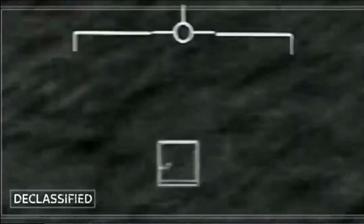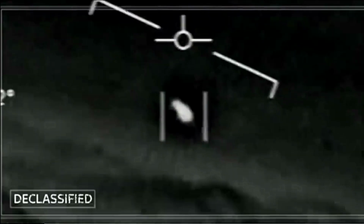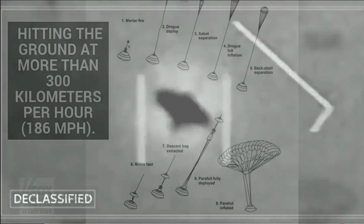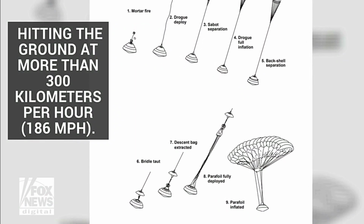It wasn't long ago when US radars detected something more unusual in the atmosphere of Utah. The strange thing about the unknown thing was its travel speed, as it was traveling at such a high speed of 300 kilometers per hour. Soon, helicopters were launched in the direction of the flying saucer, and everyone was astonished because the flying saucer was